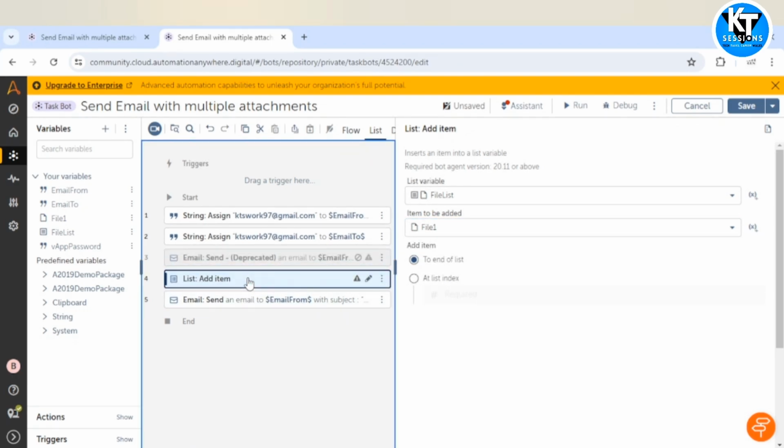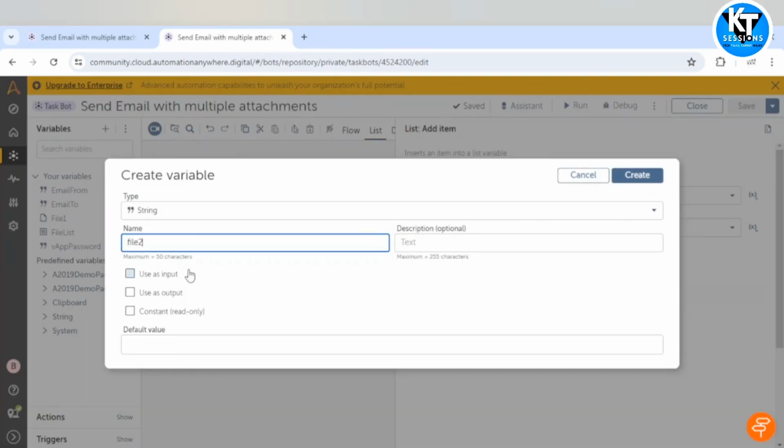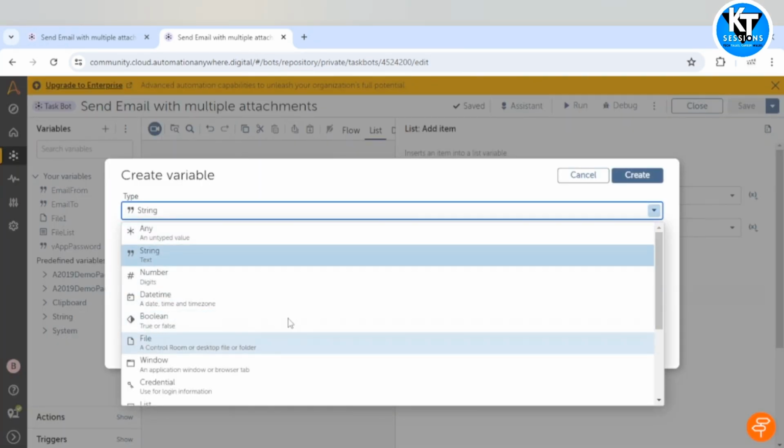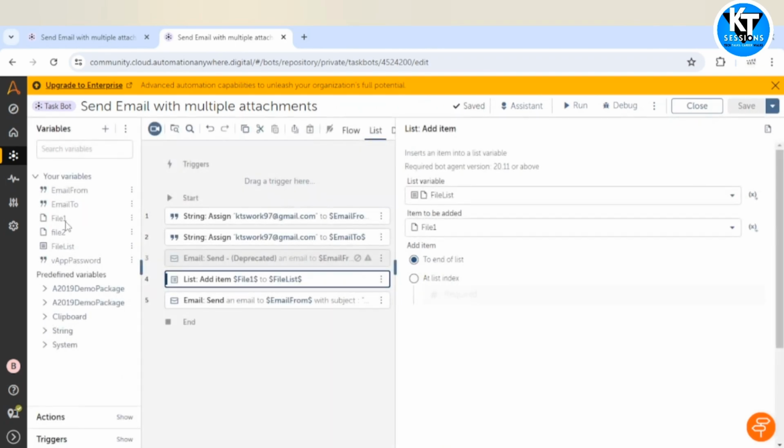Now I will add one more file variable. So first create one more file variable, file2. The type will be file, and path. Earlier I had given abc.xlsx, now I'm giving output.xlsx. Okay, so we have created two file variables, and let me add that other variable in the list,